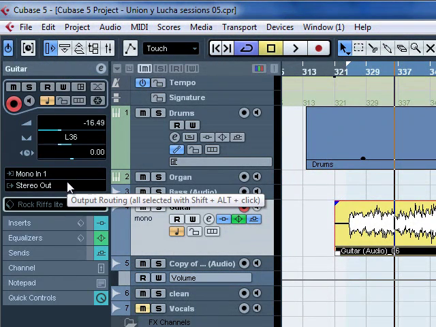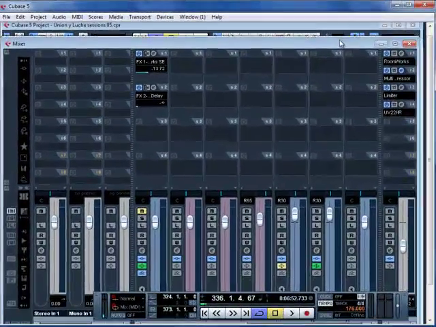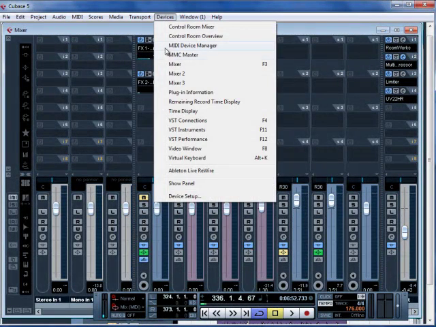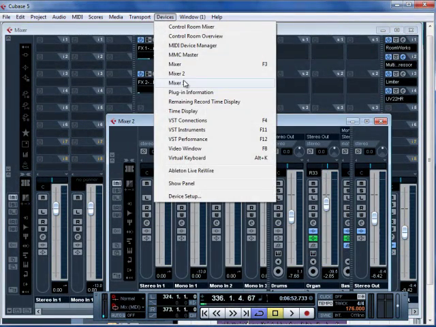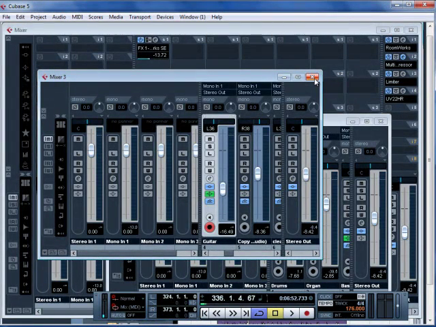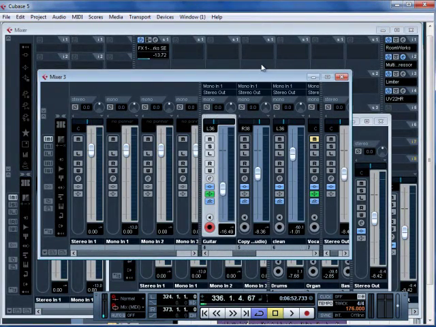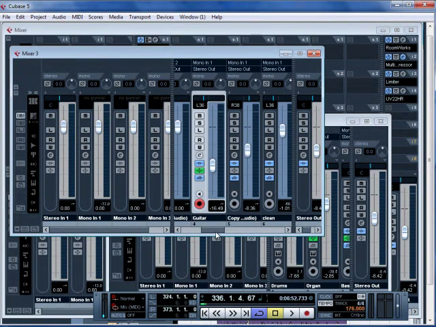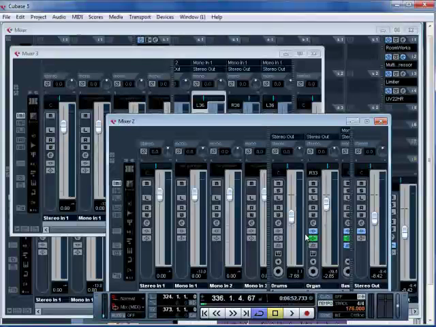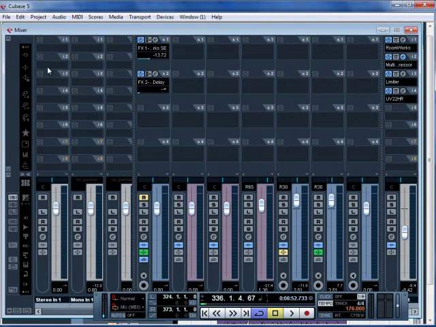So the equivalent of an analog mixer in Cubase would be the mixer view, where you would see the channels side by side, and you can access that by pressing F3 or by going to Devices, Mixer. And you could also additionally open several instances of the mixer, up to 3, at least in my version, and have different things displayed if your workflow so required. You could just have this channel here and that channel there, and compare that and work that way if your workflow required that. So here we have the same info: mute, solo, read, write, automation,